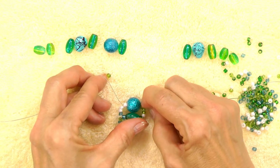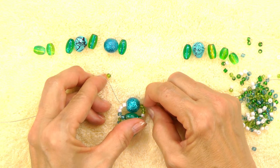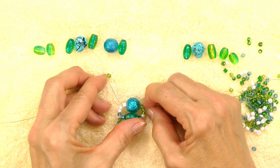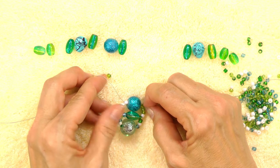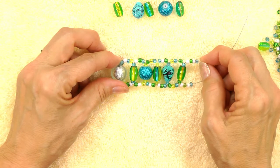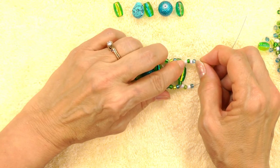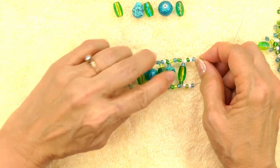measurement that is half the length of your string minus a 1/4 inch. So my string was 6 inches long. That means I'll end when my bracelet measures 2 3/4 inches. Once my beaded section measured the 2 3/4 inches that I needed, I strung 4 E-beads on each wire,